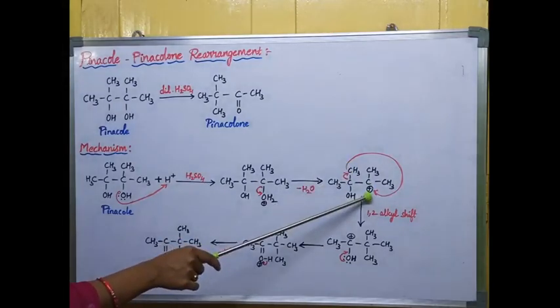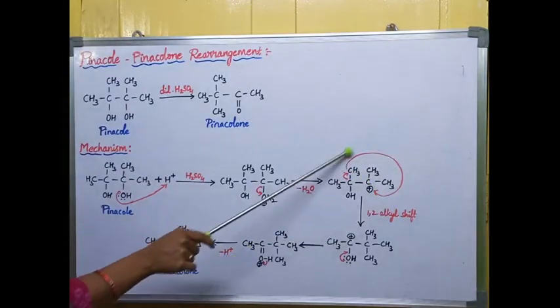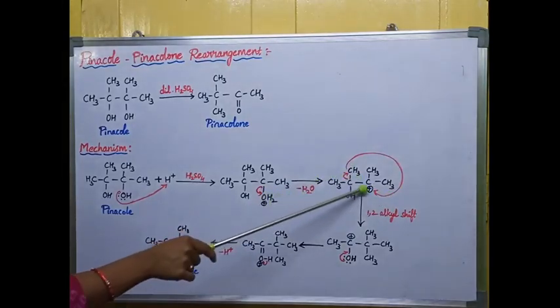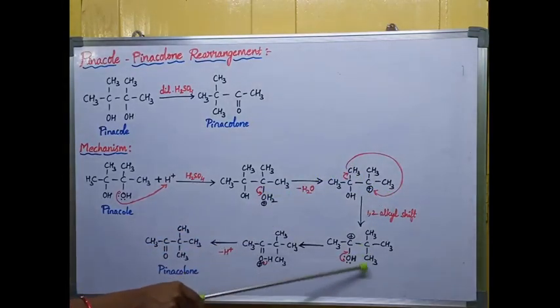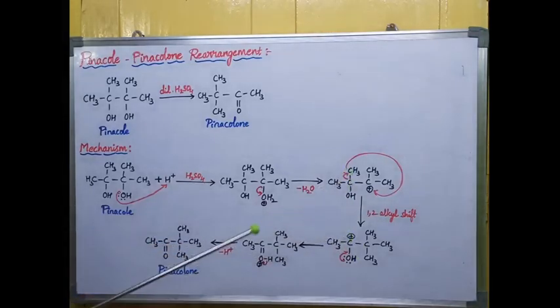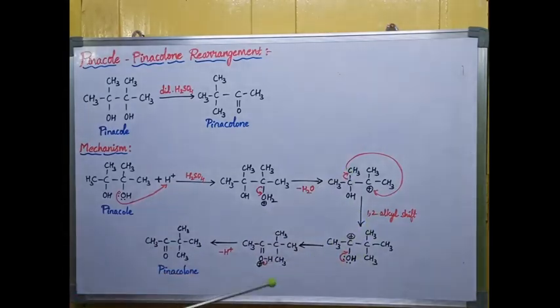Already this carbon is having positive charge, no? And this negative charge goes and attacks this positive charge. Then it is forming a CH3 bond, you can clearly see. Now this carbon is donating, no? This carbon gets the positive charge. Okay, because of the 1,2-alkyl shift we get one more carbocation.